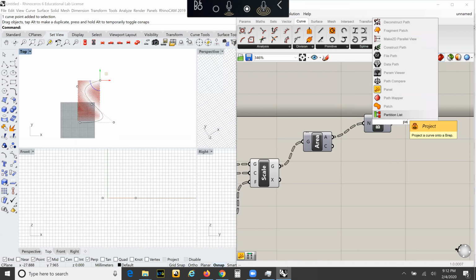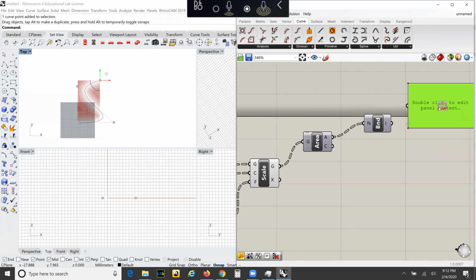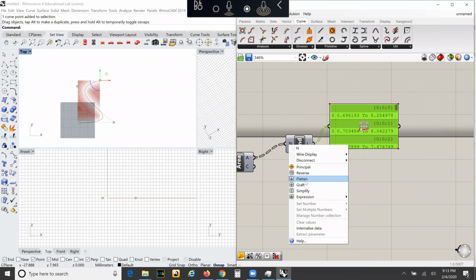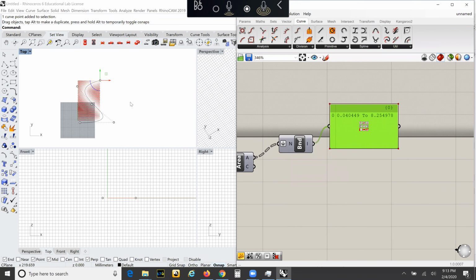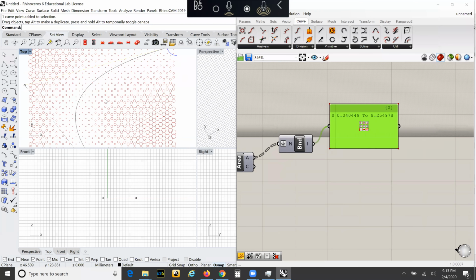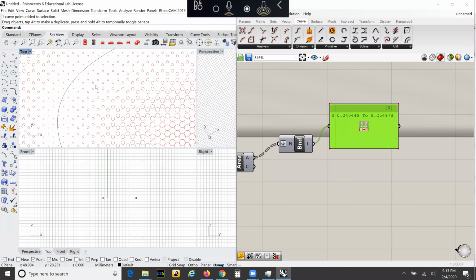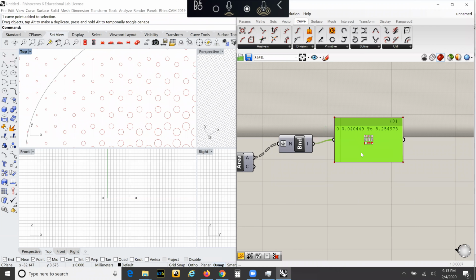Area. We'll just take a look at what we're doing. Flatness. Okay. So our largest area of our circle is 8.2 square inches, and our smallest one is 0.04 square inches. That is pretty small. So what we're going to do is we're going to